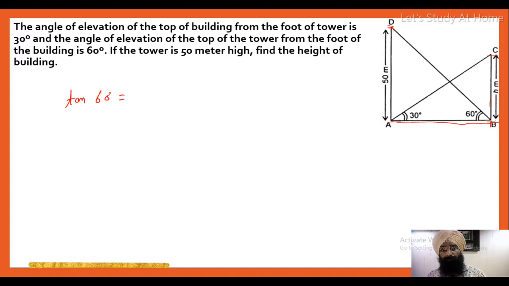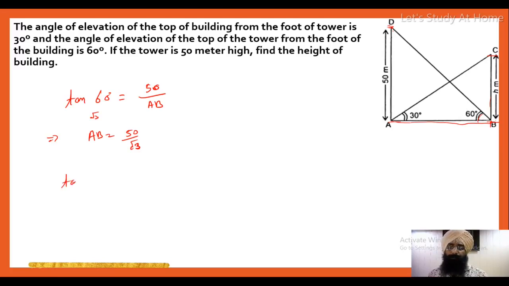So firstly we will use this triangle which makes an angle of 60 degrees. Angle of elevation is 60 degrees. So perpendicular is 50 and base is AB. This implies tan 60 is under root 3, so AB is equal to 50 over under root 3. Because the value of this is under root 3, AB will become the denominator here, since under root 3 will multiply in place of AB. So this is the value of AB.